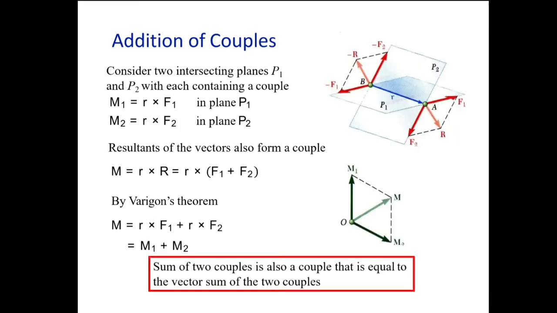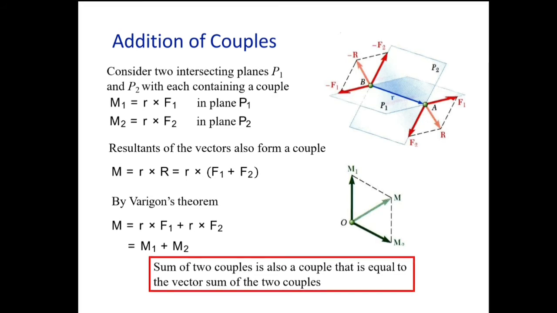Now how to find or how to add the two couples? So let's learn about the addition of the couples. Now let's consider two intersecting planes P1 and P2. These two planes intersect at this yellow line, that is the r vector, the distance between origin points A and B. At origin point A there is application of two forces F1 and F2, where F1 is along the P1 plane and F2 is along the P2